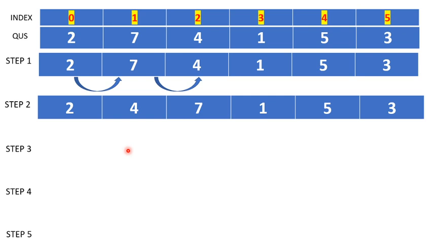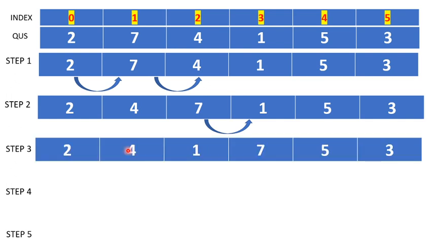Now we have traversed index 0, we have traversed index 1. Now in index 2 and index 3, 7 and 1 will be compared, and again we need swapping here, and our list is 2, 4, 1, 7, 5, 3. Now index 0, 1 and 2 are already scanned.